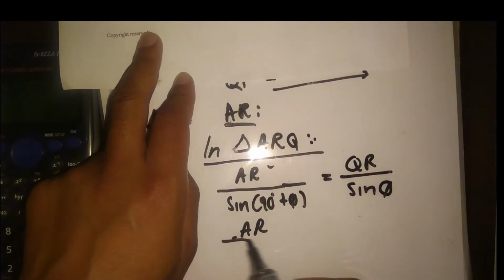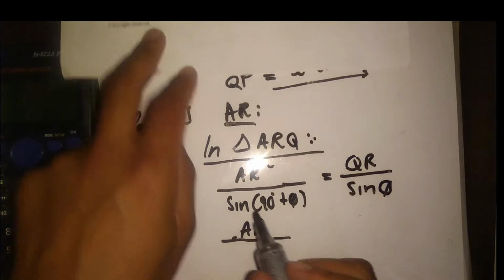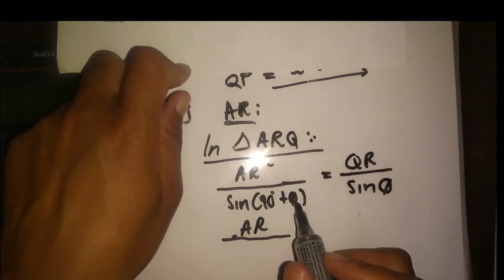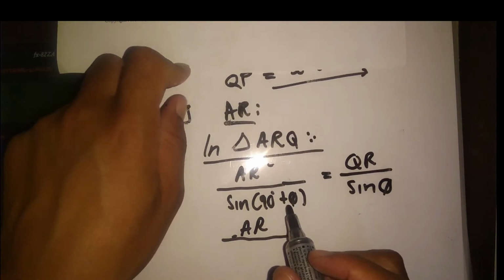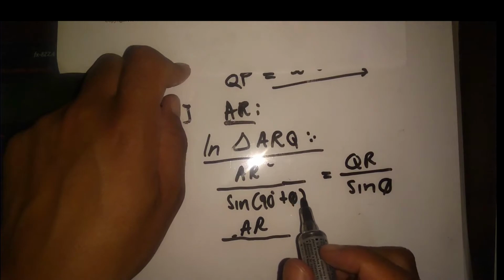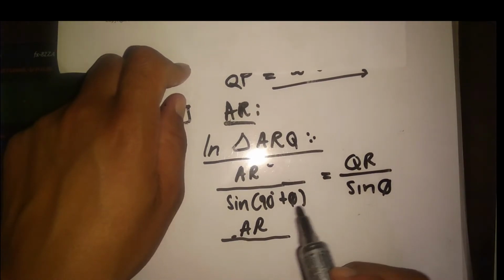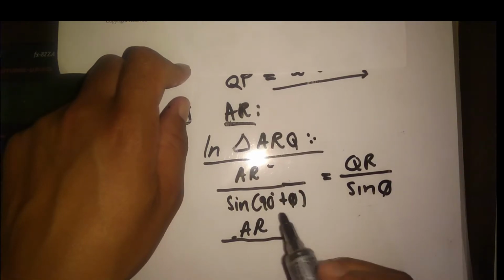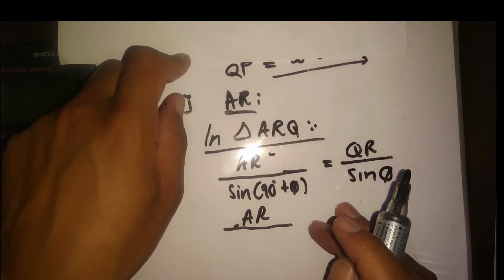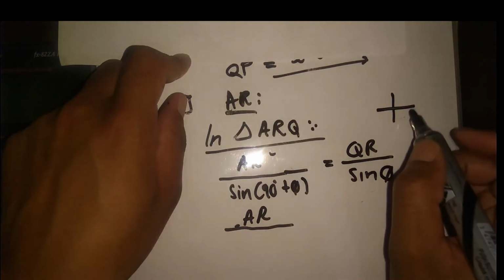AR unknown, and then sine 90 degrees plus theta. It's what we call a co-function. There is a link to a video in the description below of this video that explains a co-function. In this video I'm going to explain it, but the calculator,